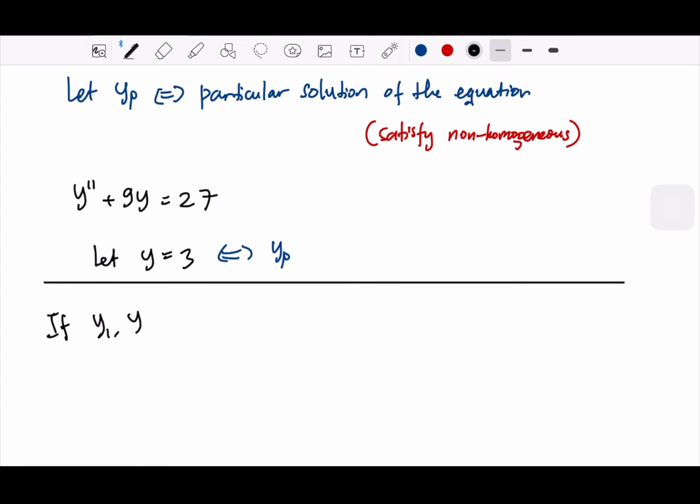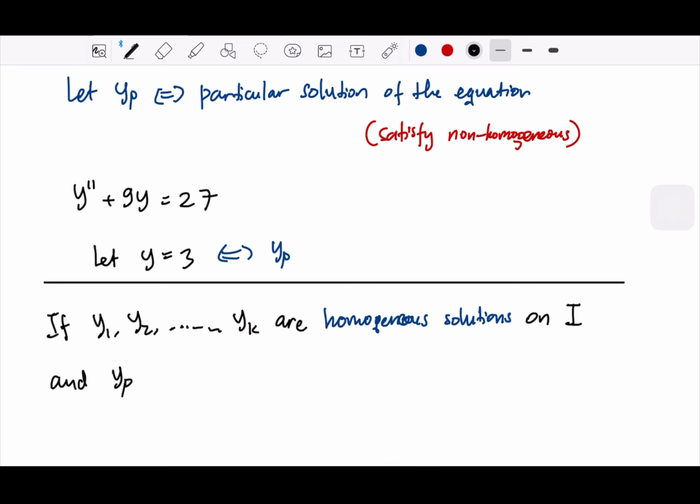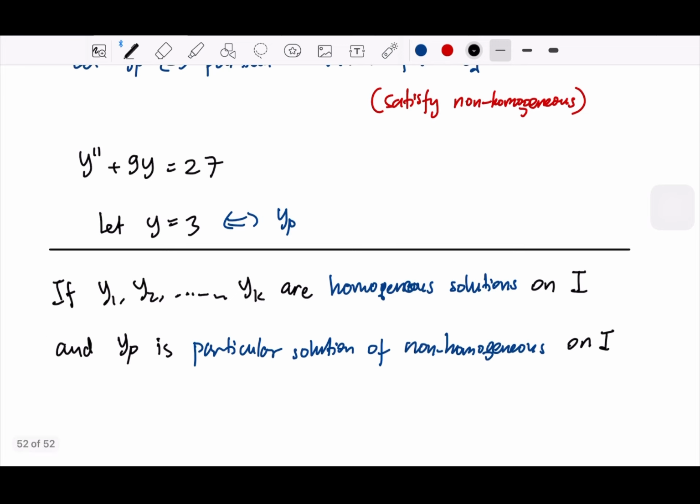If y1, y2, up until yk are all homogeneous solutions on interval I, and yp is a particular solution of the non-homogeneous equation, also on the interval I,